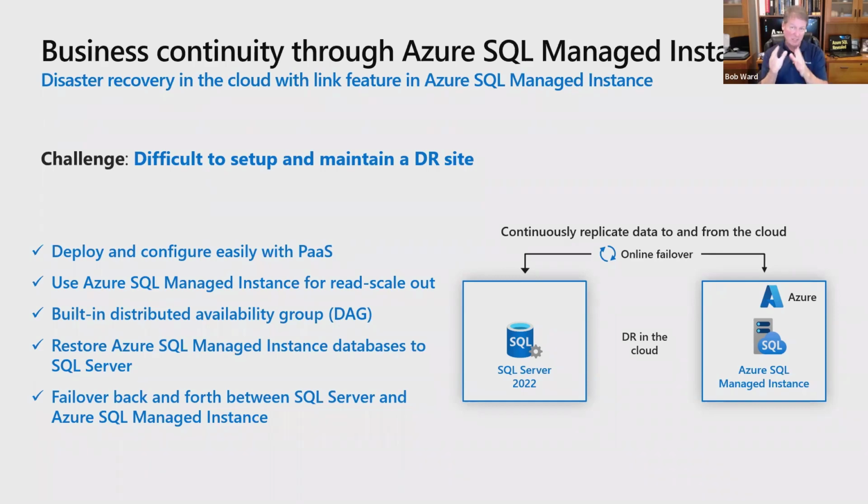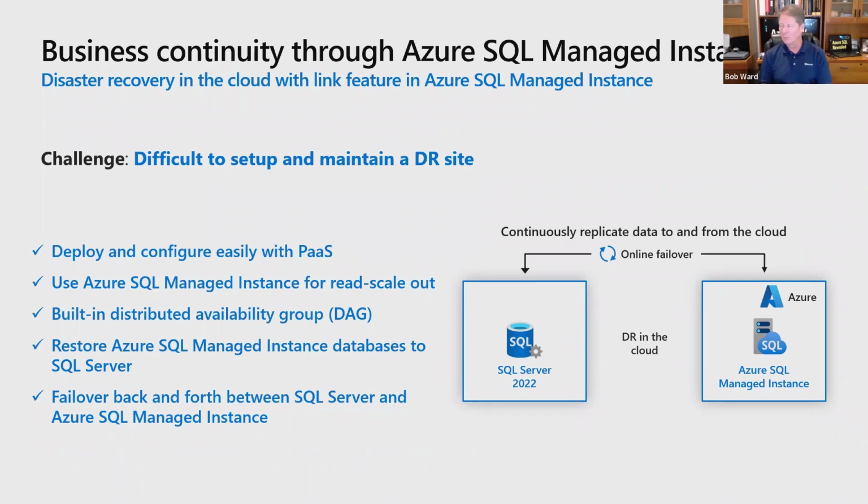Then this managed instance could be available for read scale type operations, or it could be a passive DR site. And then if you had a problem, you could actually fail back to a SQL Server. Today, what we've been demonstrating is what we call an offline DR scenario, where yes, for the first time ever, you're going to take a backup of a managed instance and restore that back to SQL Server 2022. Very excited about this technology. A lot of customers are interested in it. Can't wait to see you go down the path of seeing if this is possible for you.